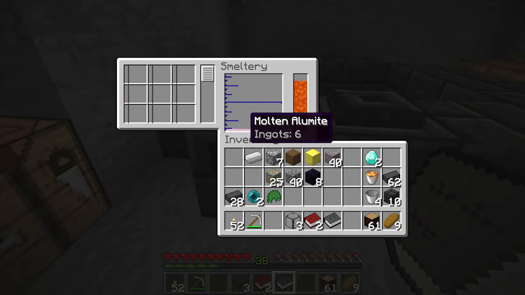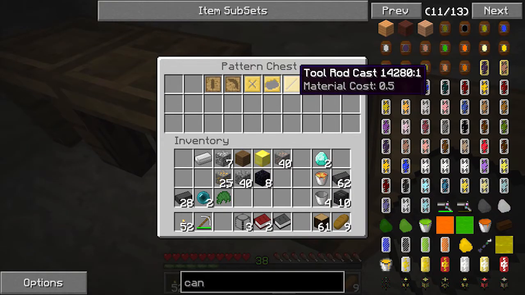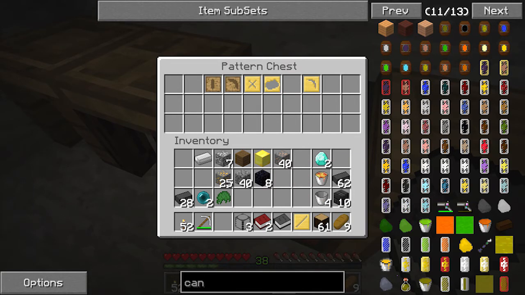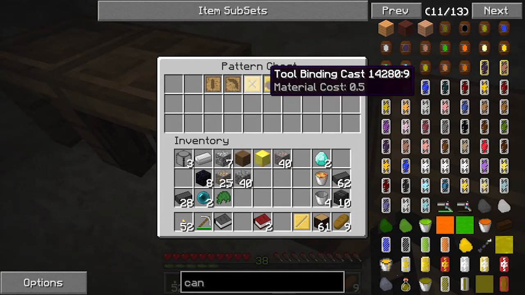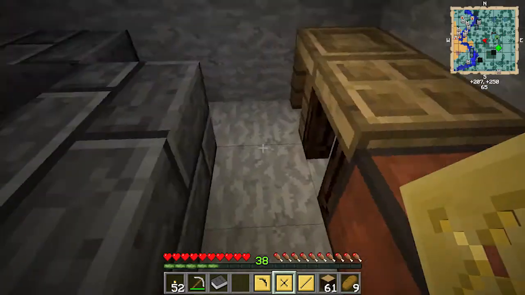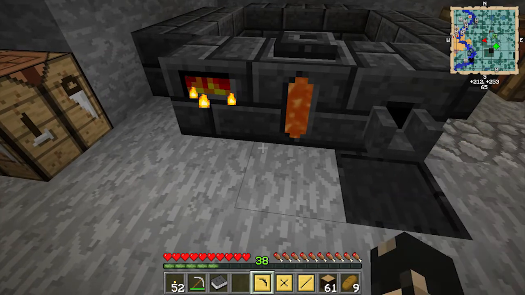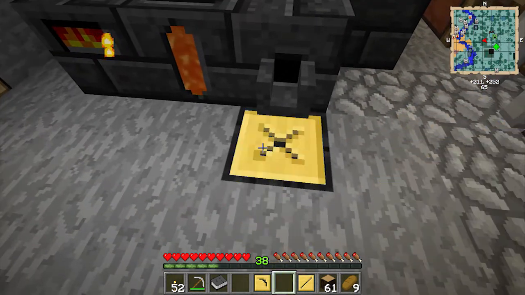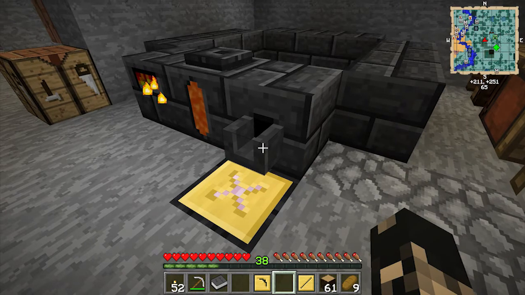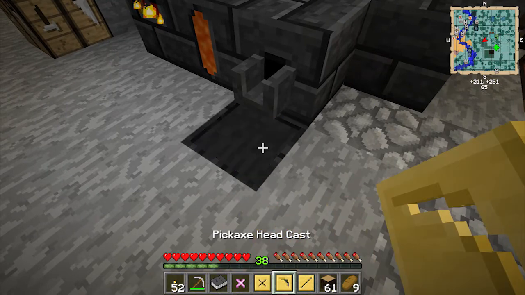Okay, so that's now done, and we've got 6 ingots of molten aluminite. So what we do is we want to get our casts out, our tool binding, and our head. Now we're not going to make every single part out of this. We're just going to make the pickaxe head and the tool binding out of it. We're going to make the rod out of something else, because that's the whole thing about Tinker's Construct, is that